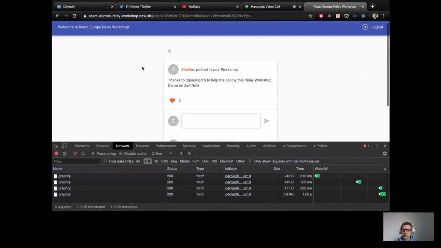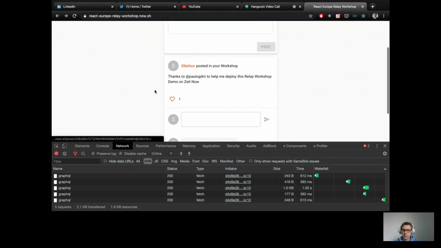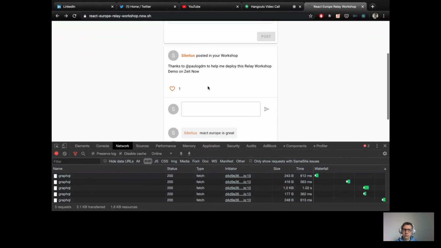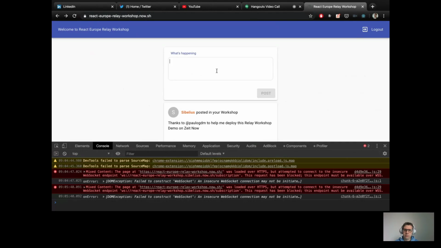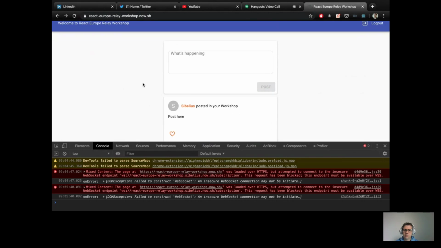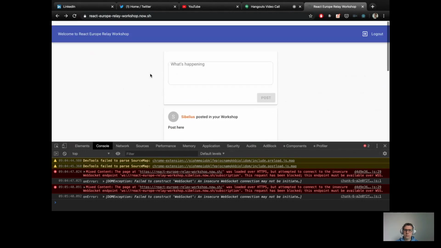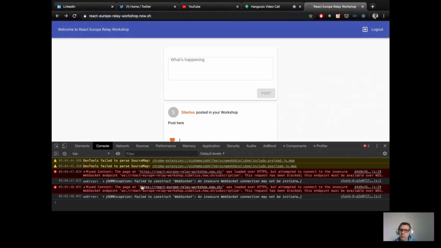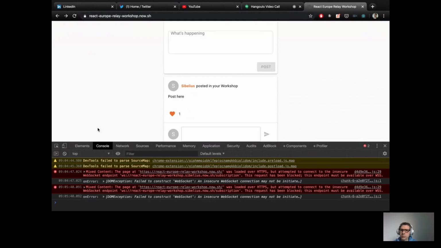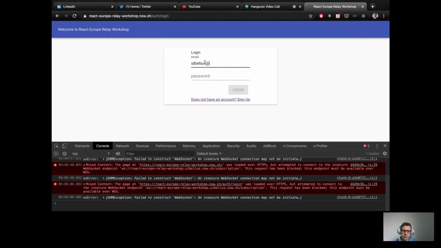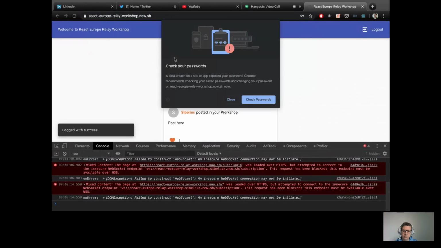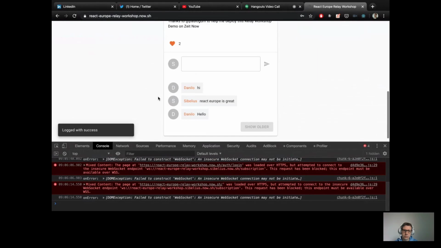This is suspense happening. So if I unlike here and go back, you're gonna see it like this. You don't have to care about which screen you need to fetch data for or not. You can post new stuff. Post here, guys. Post here. Kind of slow, so I can post here. And then if you refresh your page, you're gonna see the website is failing. You didn't show a notification over here. So I think this is a basic demo. You can log out and go again using my, let's see. Okay, just very simple stuff.